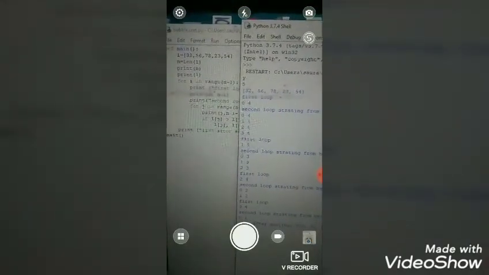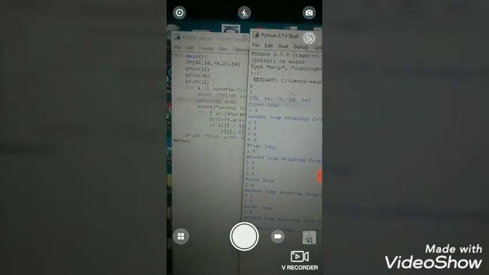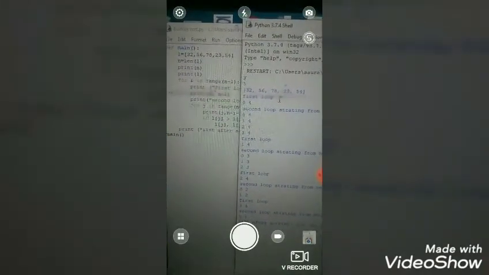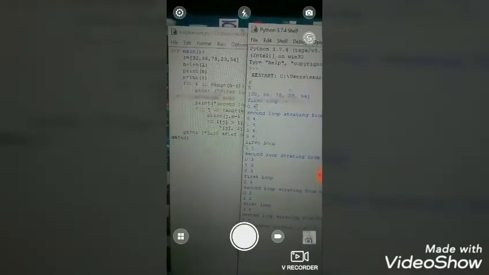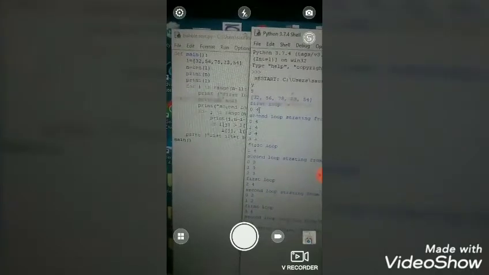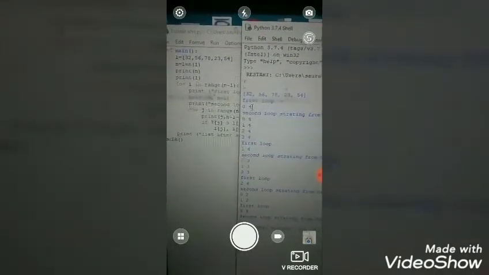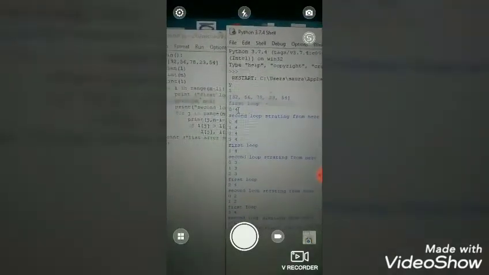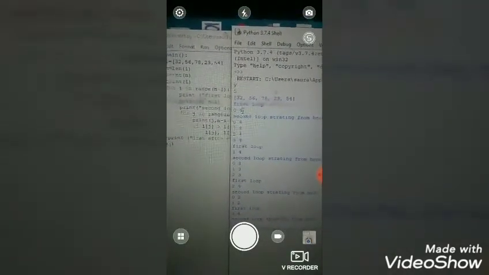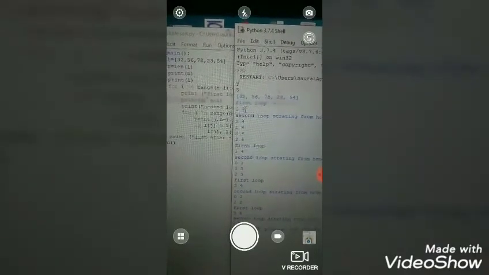Then it prints the value of the list without sorting. Then the first loop starts, its starting value is 0 and ending value is 4, so the loop will run 4 times. Then the second loop starts, and in the second loop the value of j the first time is 0 and the last value of j is 4.